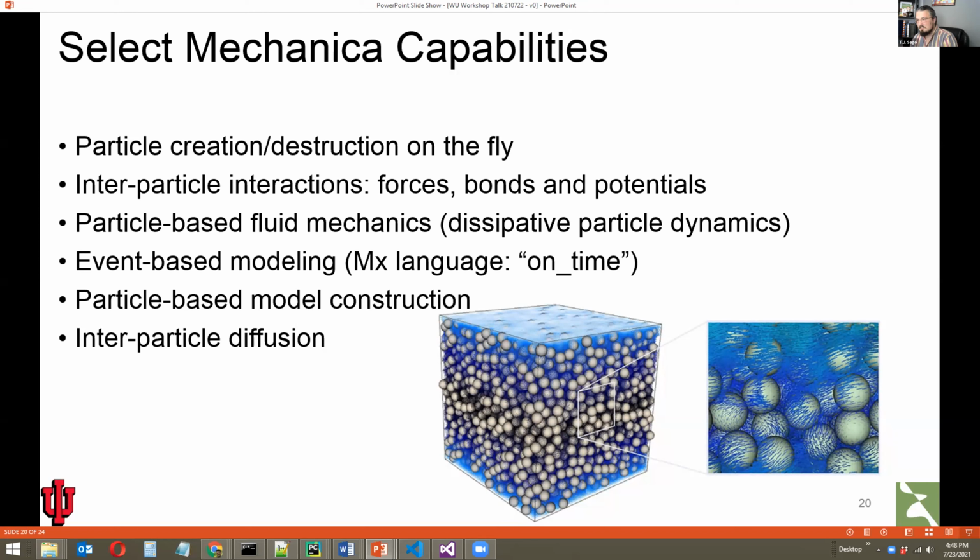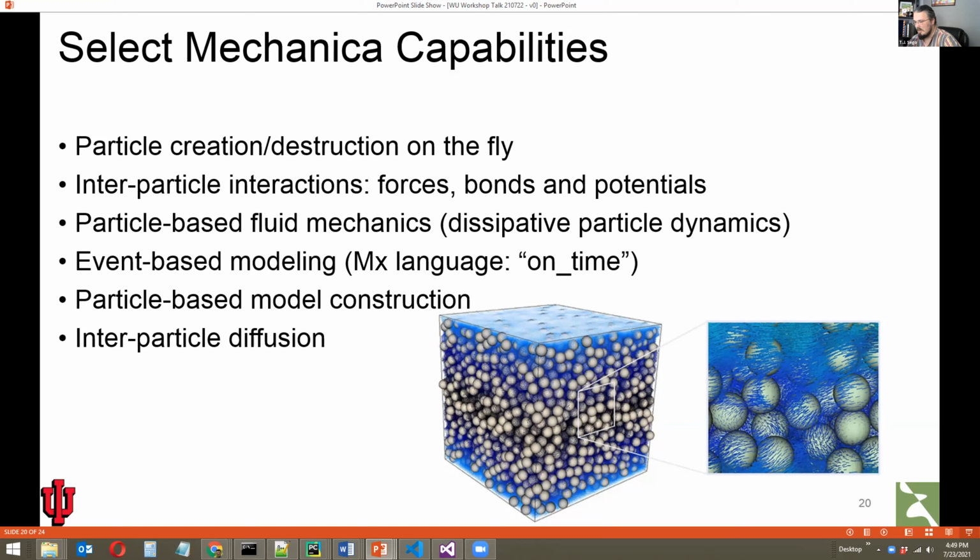Mechanica already has a primitive event system for event-based modeling, for example, describing events that occur at a particular time. One of my current projects is being able to describe things that occur according to other types of events, like when cells come in contact, or when cells are exposed to particular concentrations of a diffusive field, and so forth.